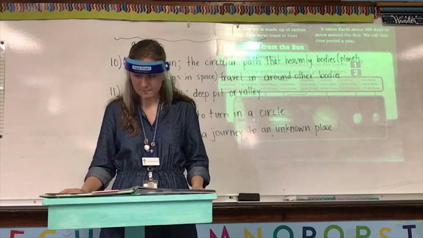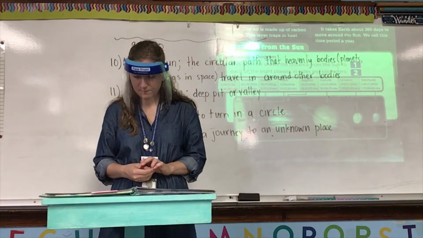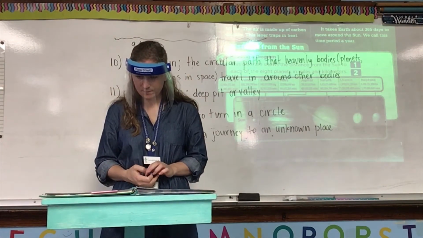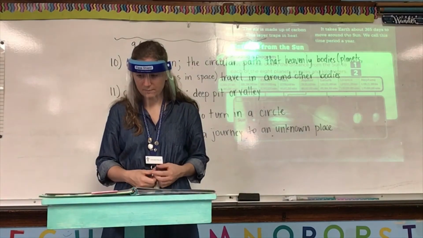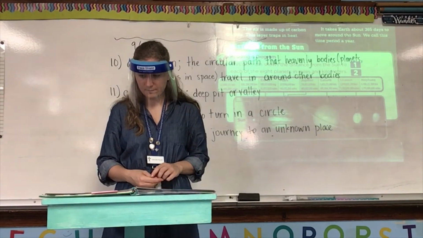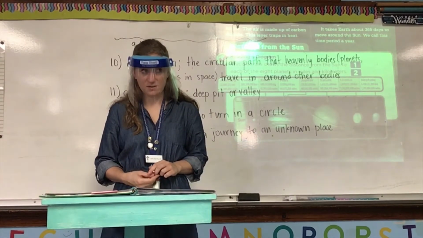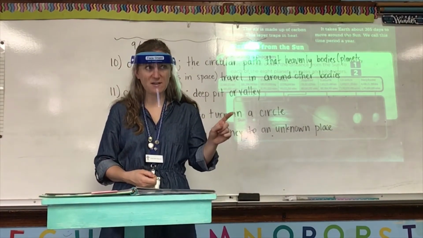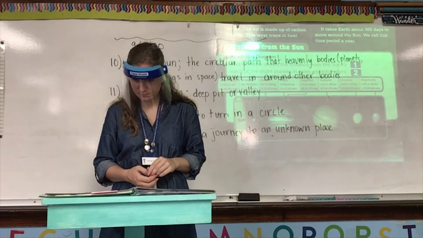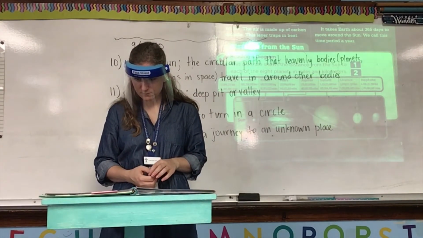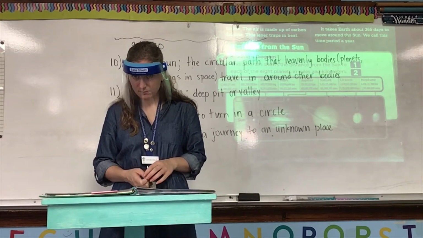That makes Venus the hottest planet in the solar system. What temperature? With temperatures of 900 degrees. Degrees, and what does the F mean? Fahrenheit. There you go. Venus is even hotter than Mercury.